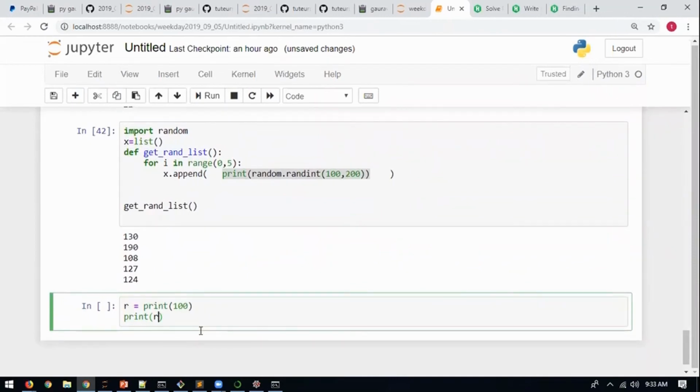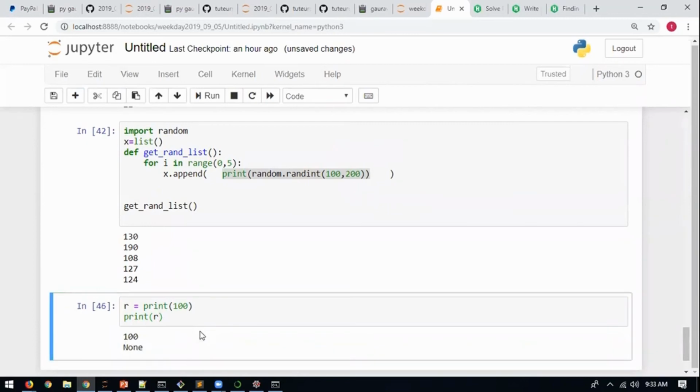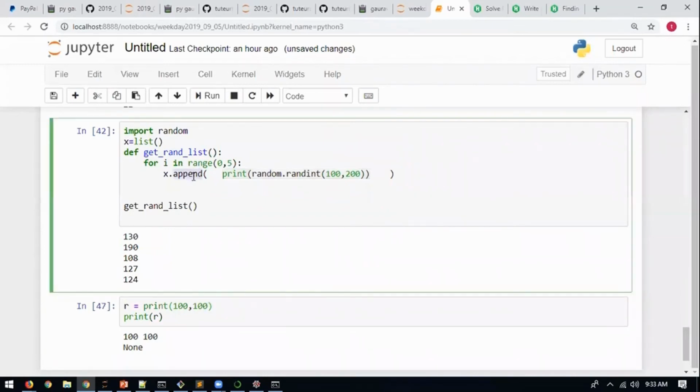It never returns what you print. What is the job of print? To print something, or does it do calculation also? No. So does it need to return any result back? No, it never returns any result. It always gives you None, anytime, anything you put inside a print. So what is getting appended to the list now? None or the numbers? None.